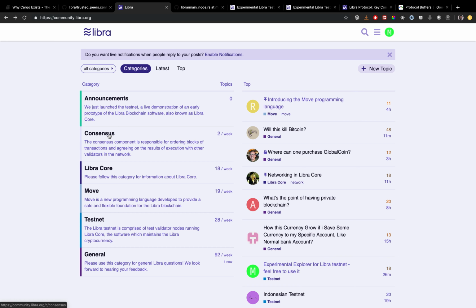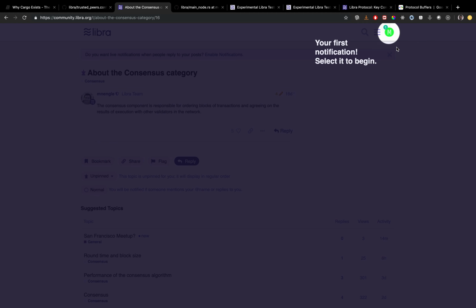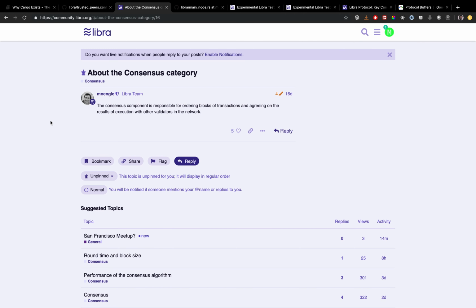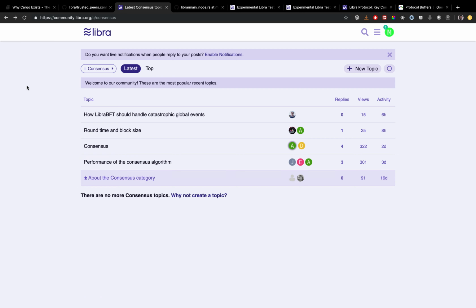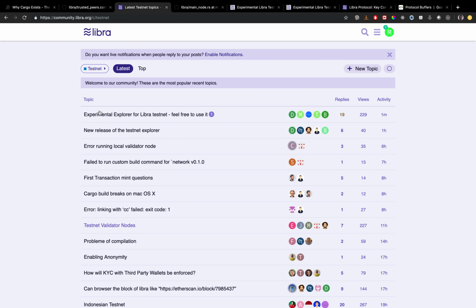And if we go to the consensus, we can read about the consensus here. The consensus component is responsible for ordering blocks of transactions and agreeing on the results of execution with other validators in the network. And then the Libra core, and Move is a very interesting programming language that Facebook has adopted exclusively for this Libra blockchain. And then they currently have the testnet and some general information. So if you go to testnet,